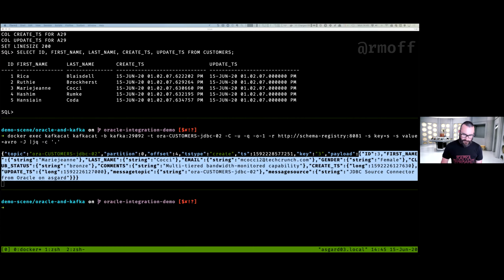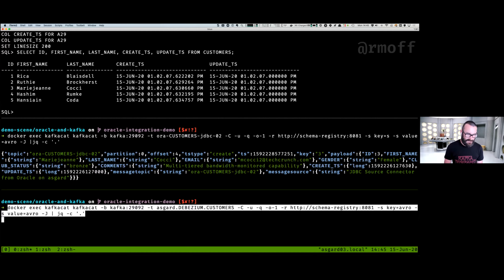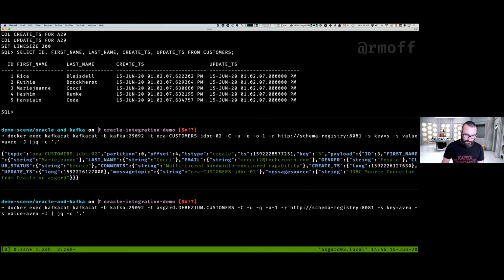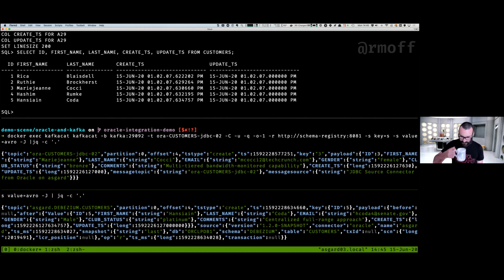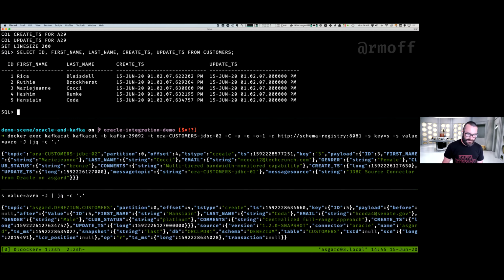And now what we're going to have a look at is what Debezium gives us, which is the log-based change data capture. So again, kafkacat, but we're going against a different topic. And this again shows us just the last message, but the last message has now got more information. Again, the key is set to the ID. And you'll notice here, we've got a field called after, and nested within that, we've got, again, the actual payload as it is. We've also got more information, like which version of the connector it came from, what was the SCN, and so on and so on. And we'll see exactly why this matters now.